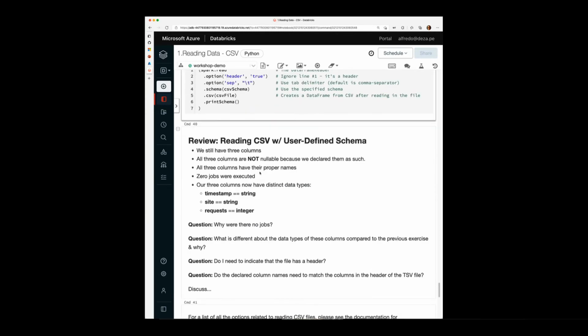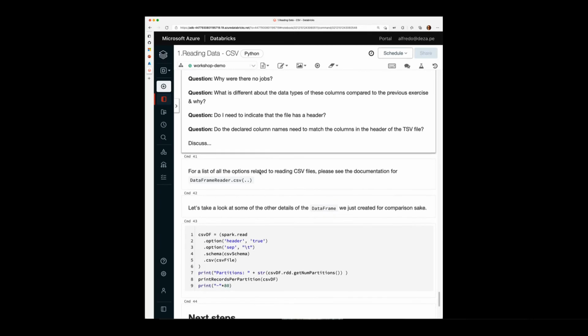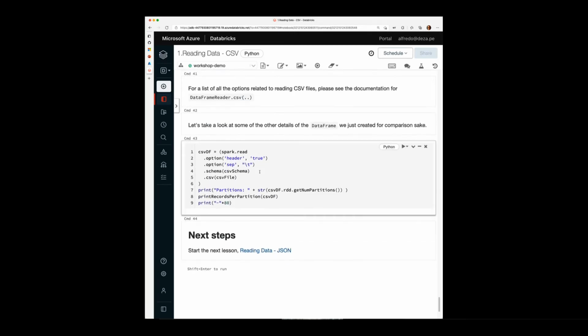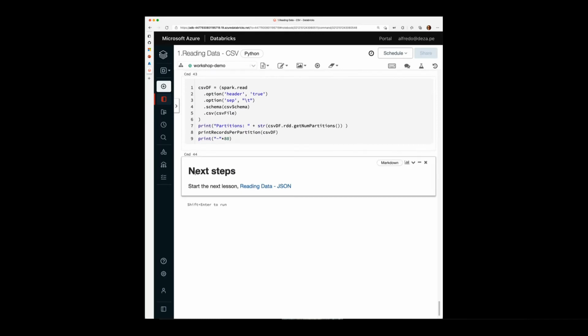So I'm not going to execute any more cells, but just go all the way to the bottom. And you can see here that once you get to the bottom, which I think is very useful, it gives you the next step. Start the next lesson, reading data in JSON. So if I go back to the Learn module,